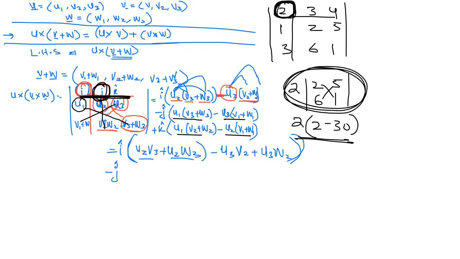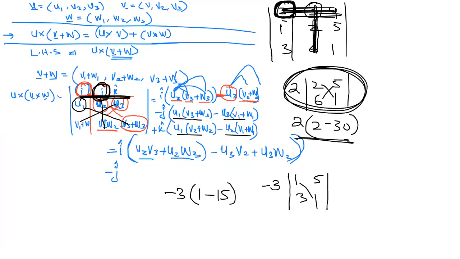So you have to do the same steps for the 3, that is -3. You choose this value and this value. What will be left? 1, 5, 3, and 1. Similarly, you can choose 1 minus 15. And the third one you can choose like this one. So this is the same calculation you will do.